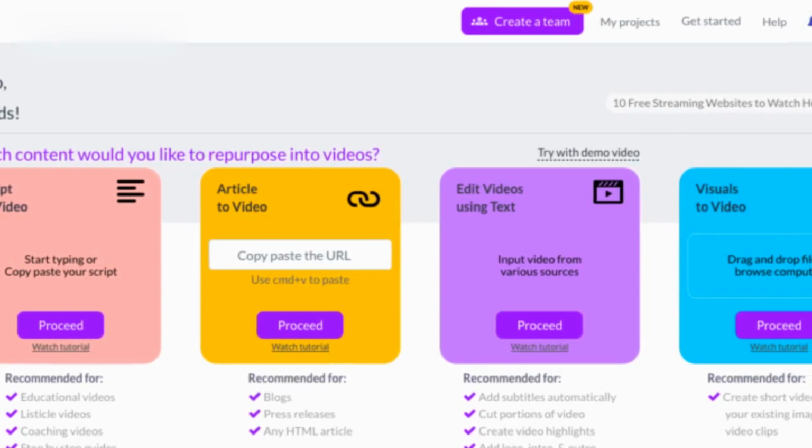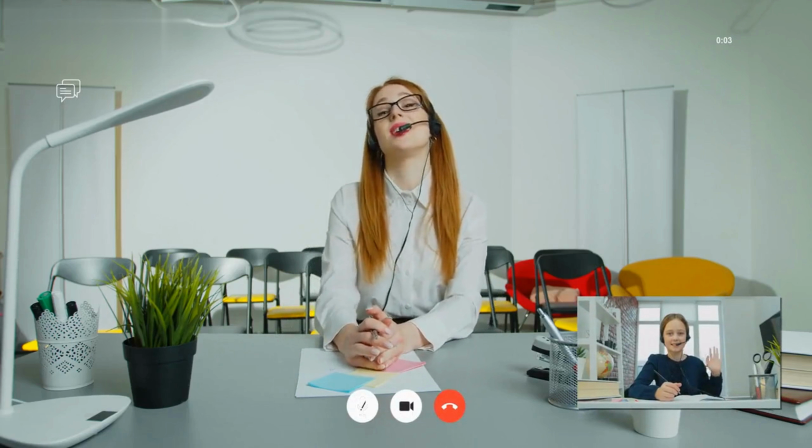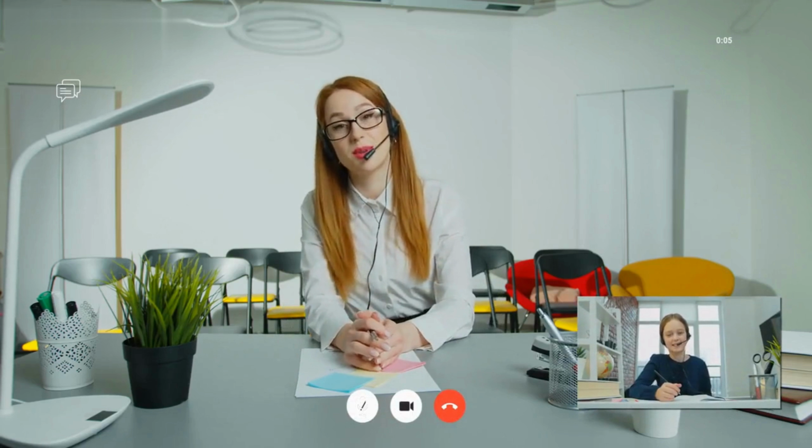Important note: I would not recommend using the Edit Videos Using Text and Visuals to Videos options in Pictory AI. The Edit Videos Using Text option requires a YouTube video URL, which can potentially result in copyright issues if using content from other sources without proper authorization. As for Visuals to Videos, it is more efficient to utilize tools like Canva for video editing, as it provides